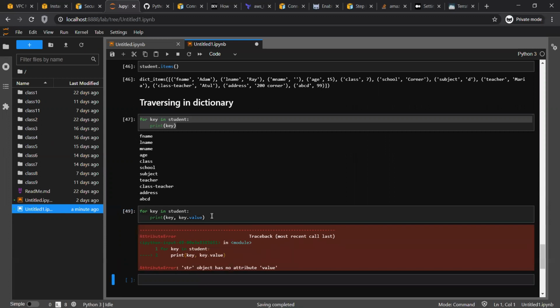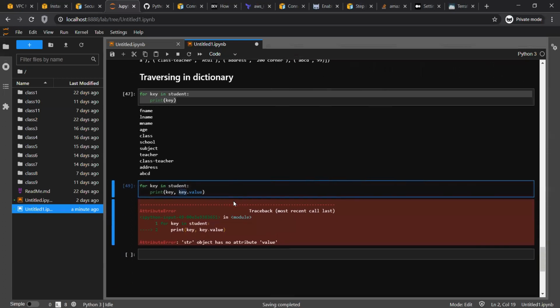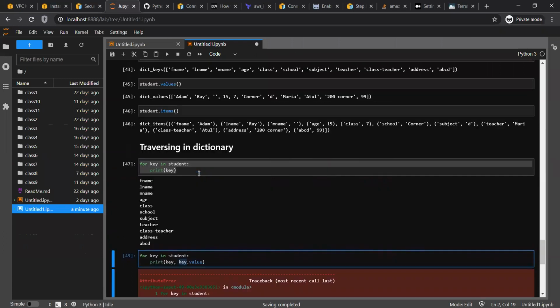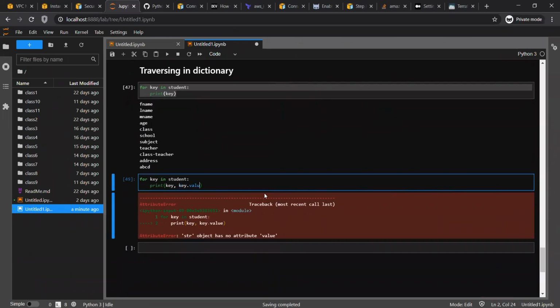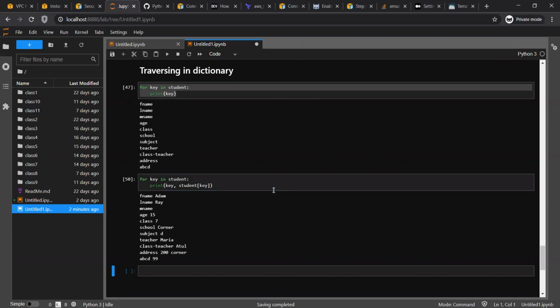No, this is not the way you have to fetch the value. How do you fetch the value in a dictionary? Either you can use the get operation, or you can use the square bracket.